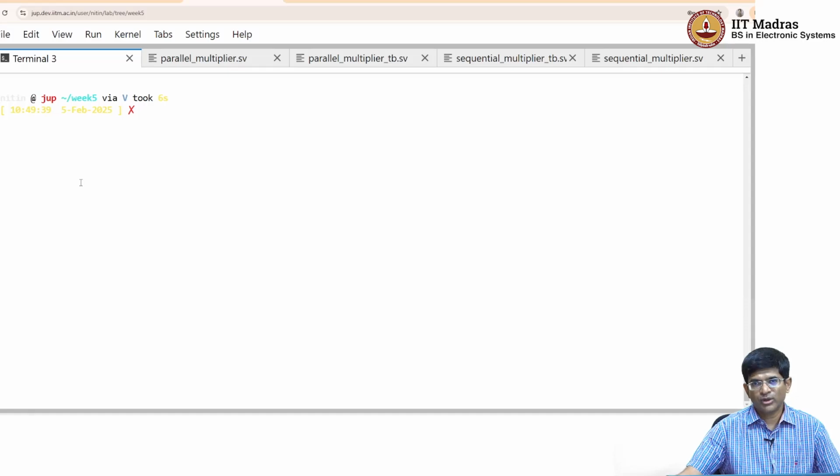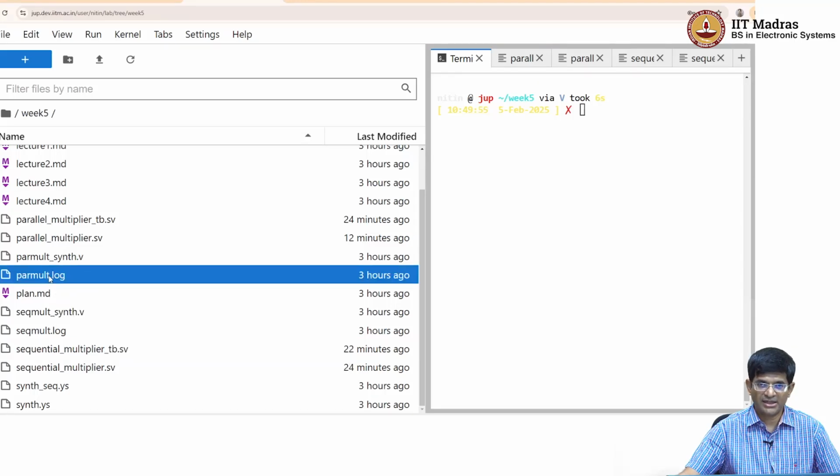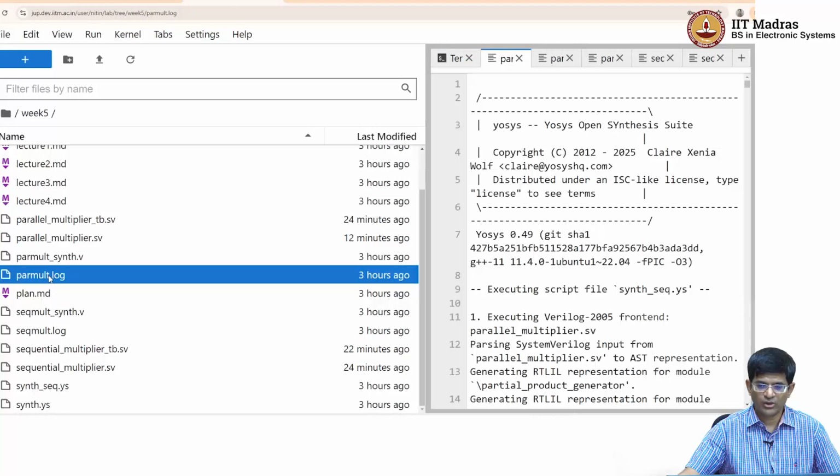So currently I am going to straight away show you the output that gets generated after I have run the Yosys synthesis on the two different codes that I showed you, right. The first one I am going to look at is the parallel multiplier output, and we can open that file,